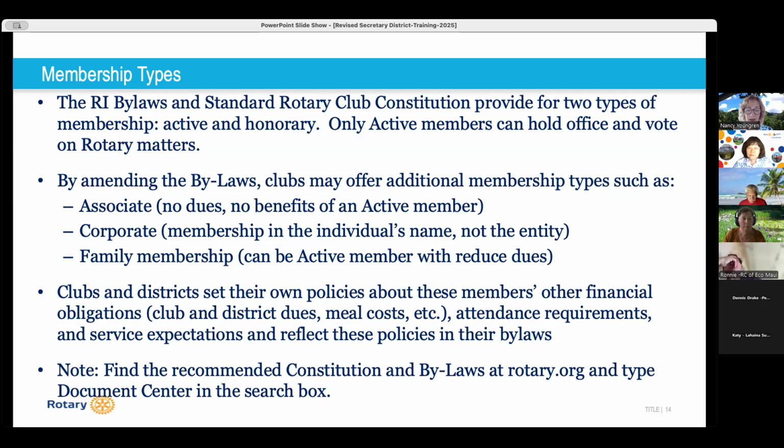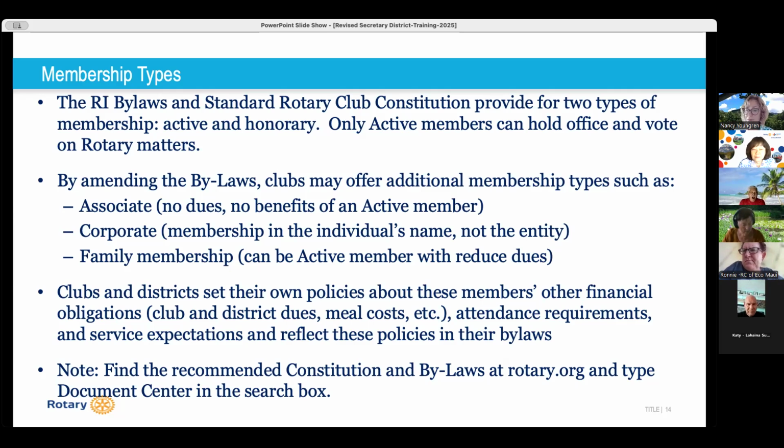That would be similar to what we're talking about here on the screen, where the membership is maybe in an individual's name, but the corporation holds it so that they can switch off individuals to be the person who is on the roster. Is that how that works? Or would work if you used it?